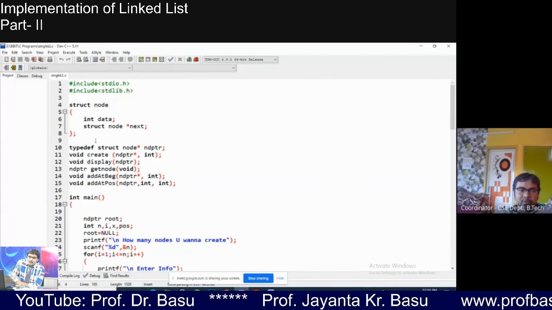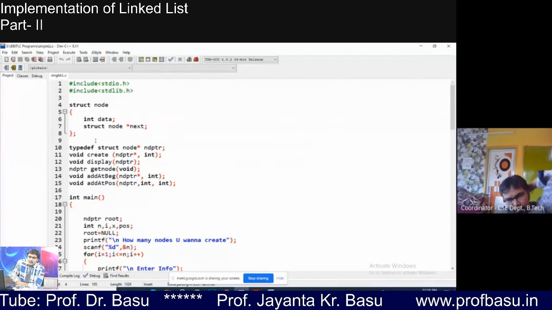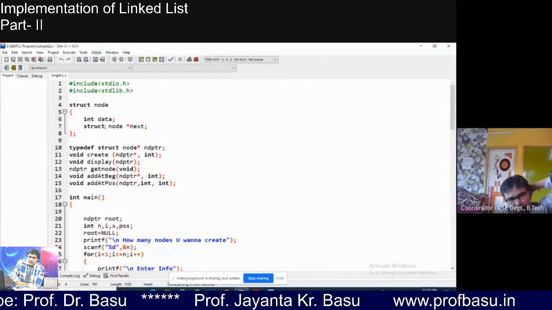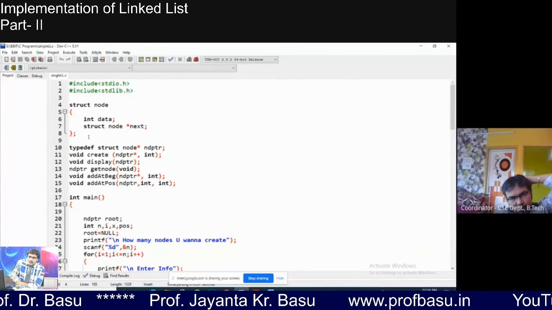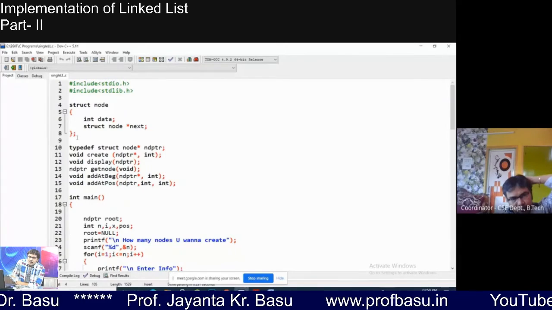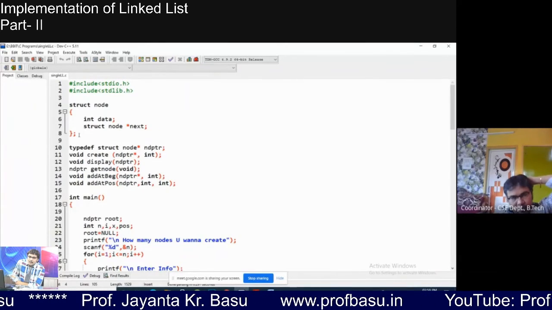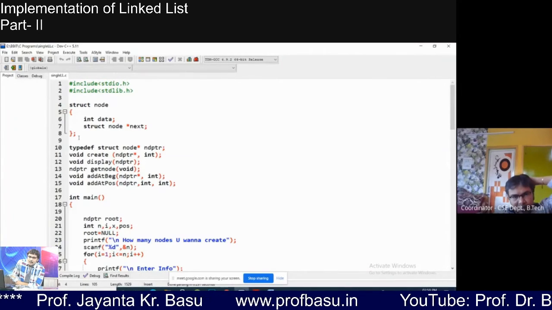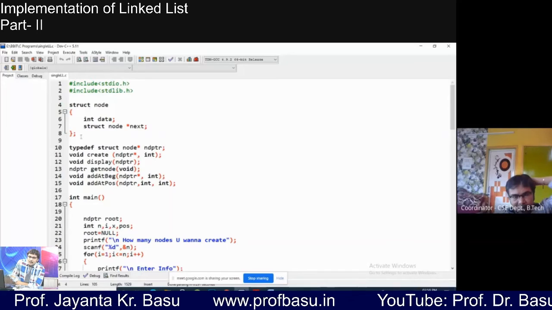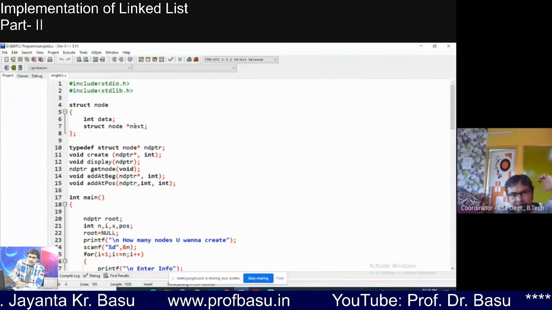When you started structures in CS201, to access a member of a structure through a structure variable, we use the dot operator. Suppose the variable is A or B, then A dot data or A dot next.